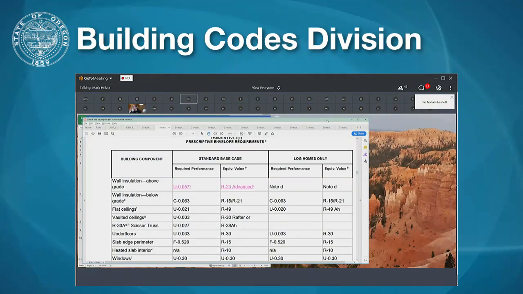Okay, thank you. And yes, it's up on the screen now, either R23 advanced or U-factor of 0.57. Just one quick feedback from the division that we wanted to point out: structurally, 3-story homes cannot use advanced framing on the first level. Under current IRC methodologies, they'd have to go through something special to do those, just to let people know on that.